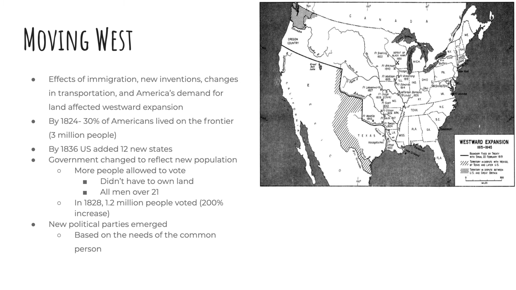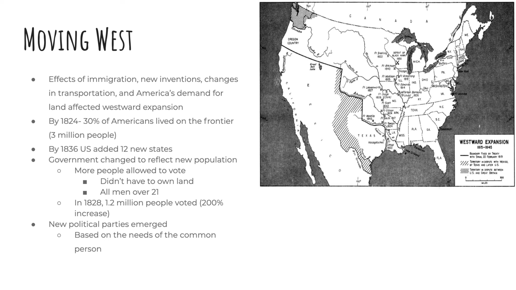But by 1824, 30% of Americans lived on the frontier. So yes, this part of the United States was more populated, but it was rapidly changing so that the West was also pretty populated as well. About 3 million people lived there. And one of these reasons was because of these new inventions, changes in transportation, and Americans wanting more land after